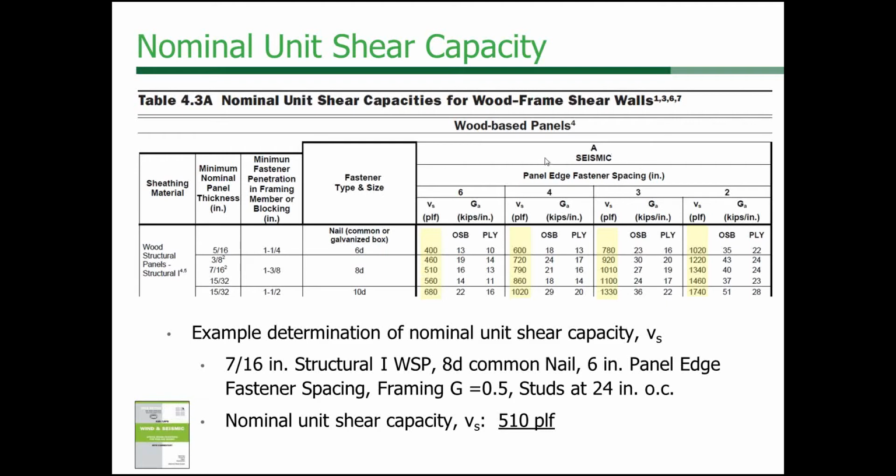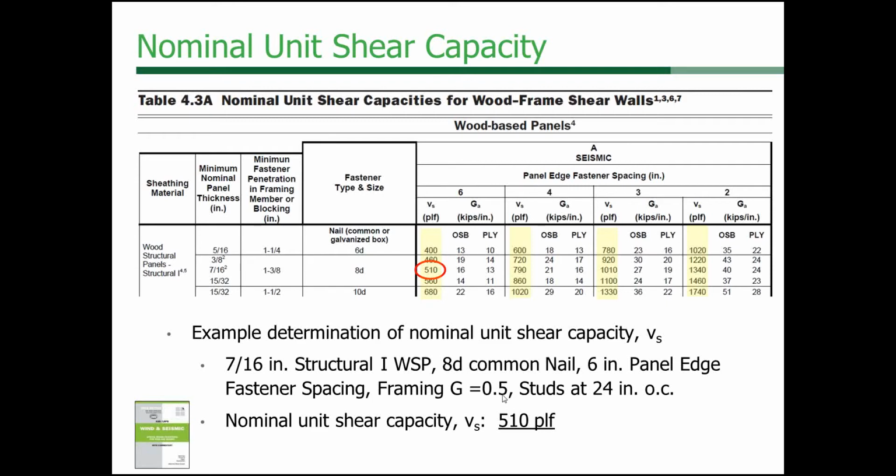And then we move on down to the seismic columns. Now this is a truncated table in that there is also a B portion that is for wind. But since we're dealing with seismic in this presentation, we'll just concentrate on that. So for this, we have panel edge fasteners spaced at 6 inches on center, and then we get our capacity, V sub S, for a 7/16 inch wood structural panel, Structural 1, and 8-penny common nails at 6 inches on center panel edge spacing. The framing is